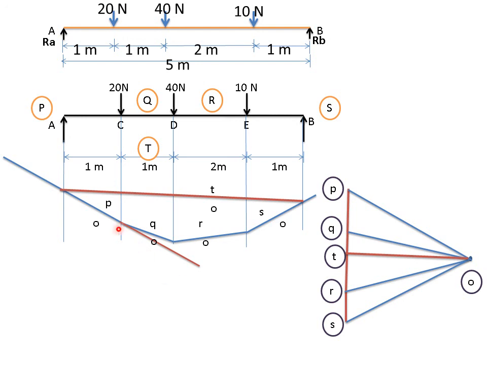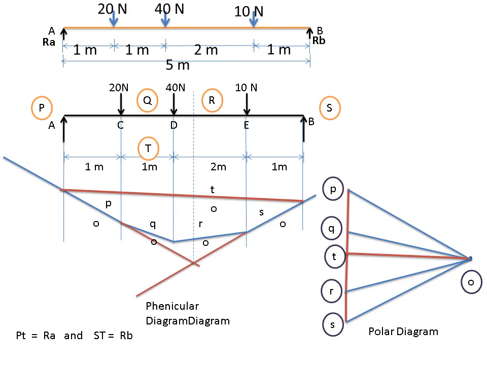Now you can continue this line. Again you can continue the last line and then drop a vertical line from this point. So this gives you the location of the resultant of these forces. This is called PT is equal to RA and ST is equal to RB. Now here this diagram is called the funicular diagram, this diagram is called